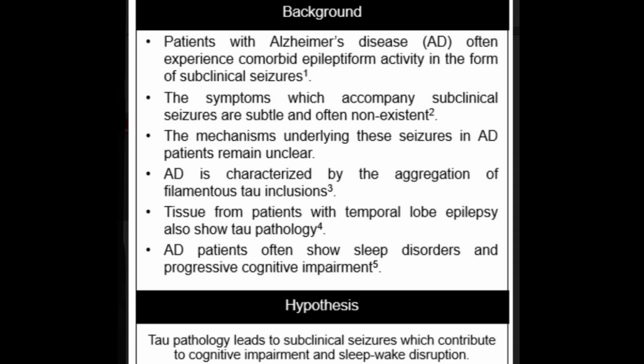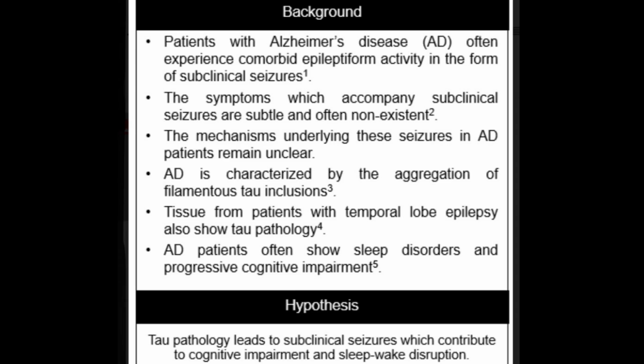A pathological hallmark of Alzheimer's and other dementias is the aggregation of microtubule-associated protein tau. Hyperphosphorylated tau may form aggregates of insoluble protein known as neurofibrillary tangles. These neurofibrillary tangles are also present in brain tissue from patients with temporal lobe epilepsy. This leads to the hypothesis that tau pathology leads to subclinical seizures, which contribute to cognitive impairment and sleep-wake disruption